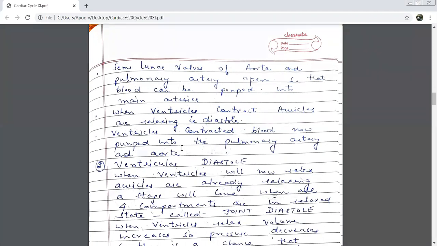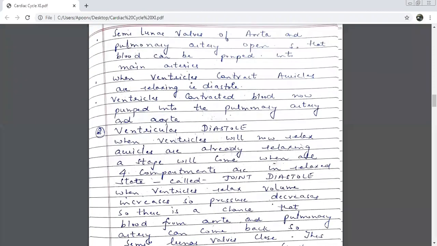Before I go ahead, very quickly: blood came from three vessels on this side. You've already named them many times: superior vena cava, inferior vena cava, coronary sinus. So both the auricles received the blood. When the auricles contracted, where was the blood pushed, beta? Ventricles. And when the ventricles contract, the blood will go into two main arteries. What are the names? Aorta and pulmonary artery. Now we are going on to the third step in a little detail: ventricular diastole.